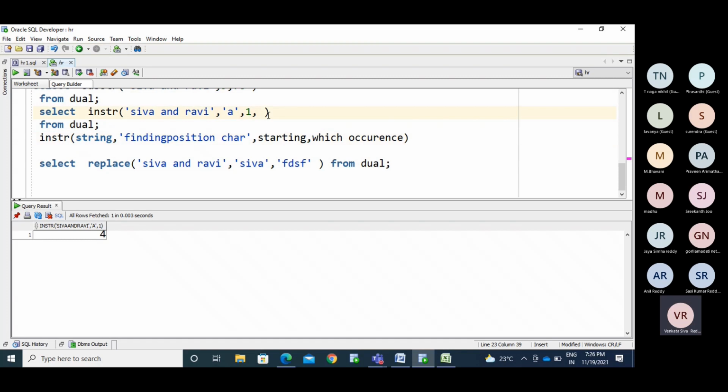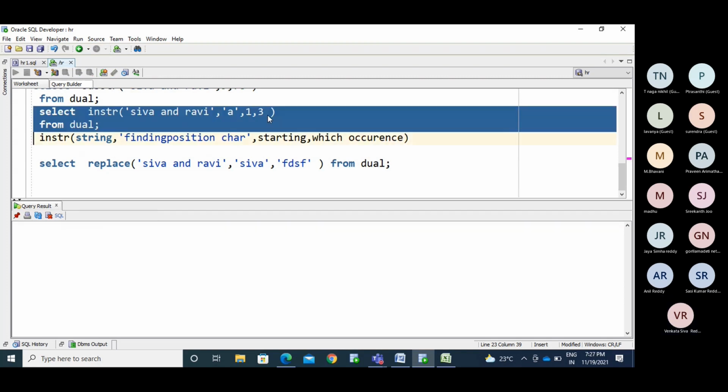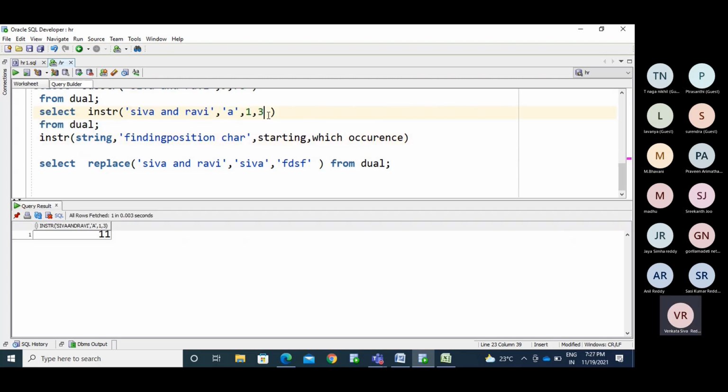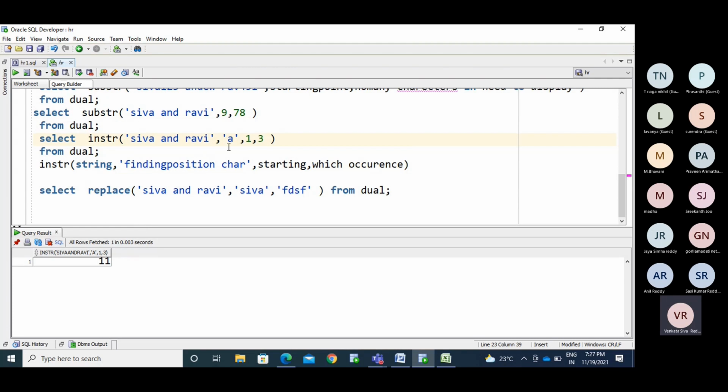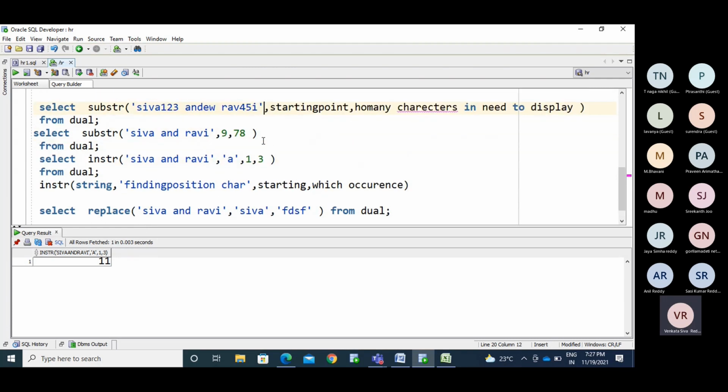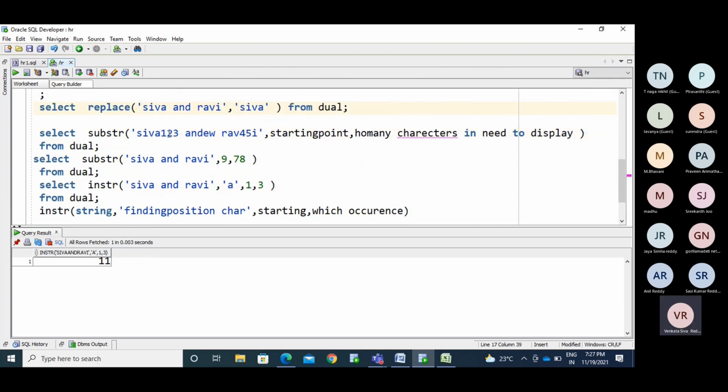If you mention 1, you will get the same 4. If you mention 2, you will get 6. Mention 3, you will get the last A position. Understand? Now use these 2 functions to split the names.